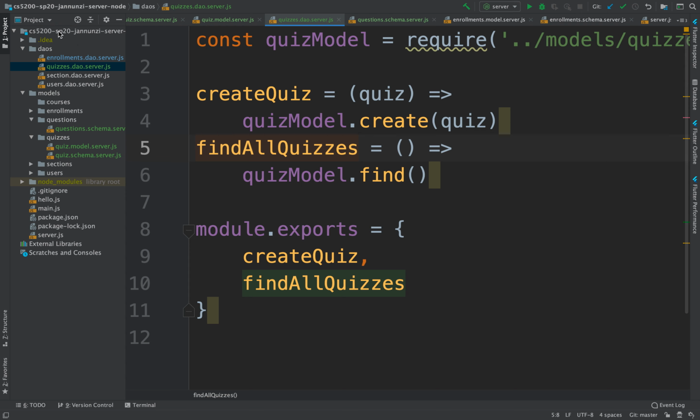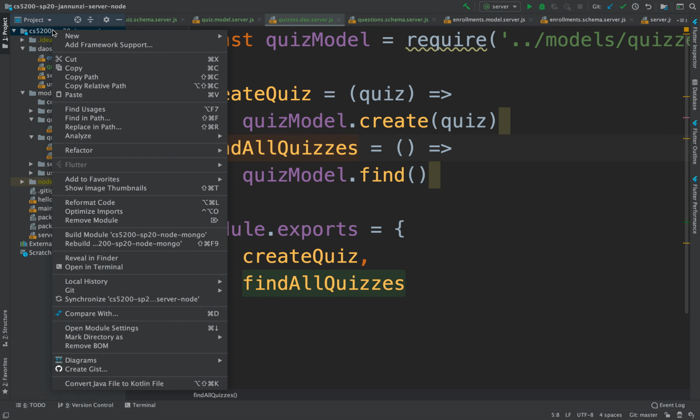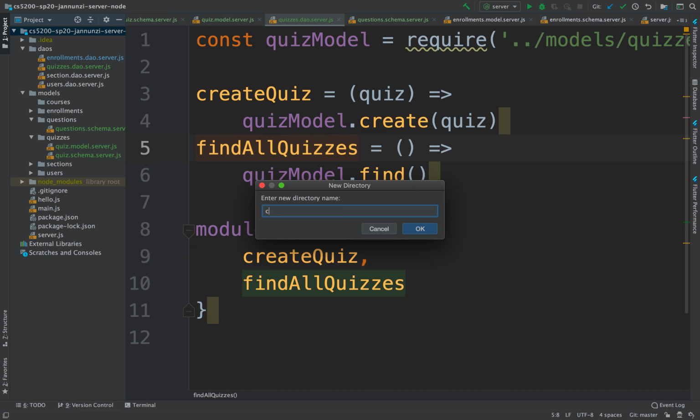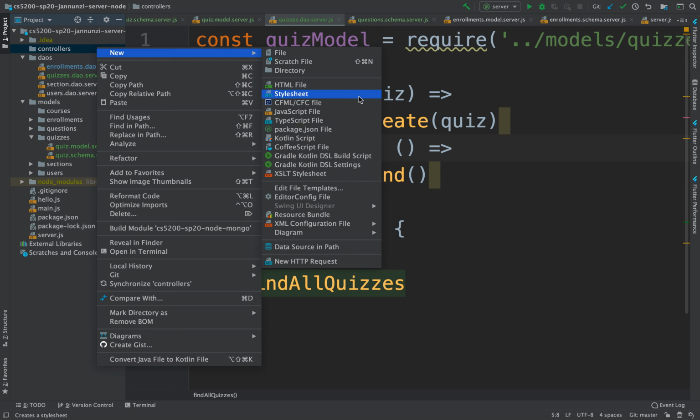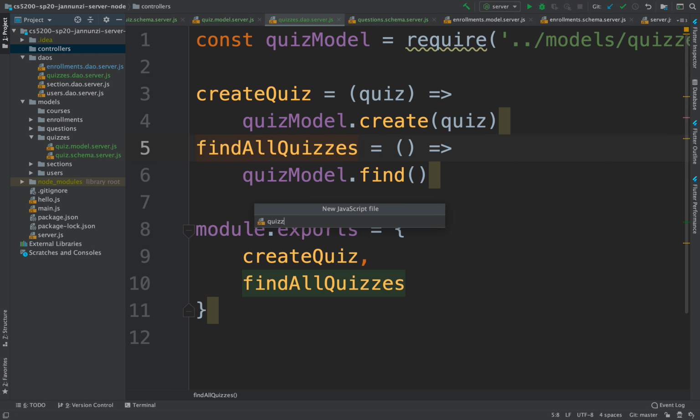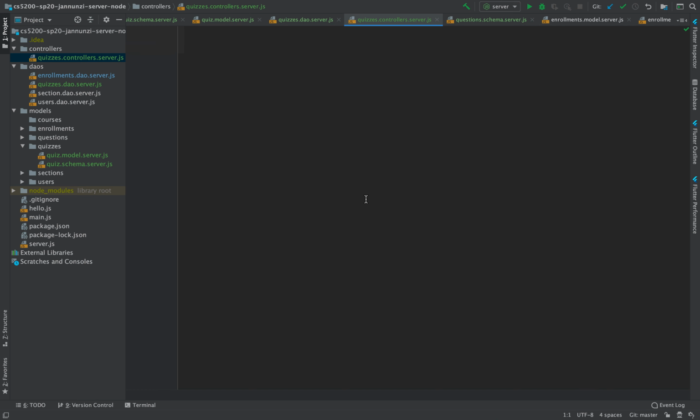To do this, I'm going to follow the same architectural breakdown that we used when we were creating Java RESTful endpoints. We had controllers, and in this case, we're interacting with quizzes, so I'm going to create a quiz controller. This is our quizzes.controller.server.js, and here